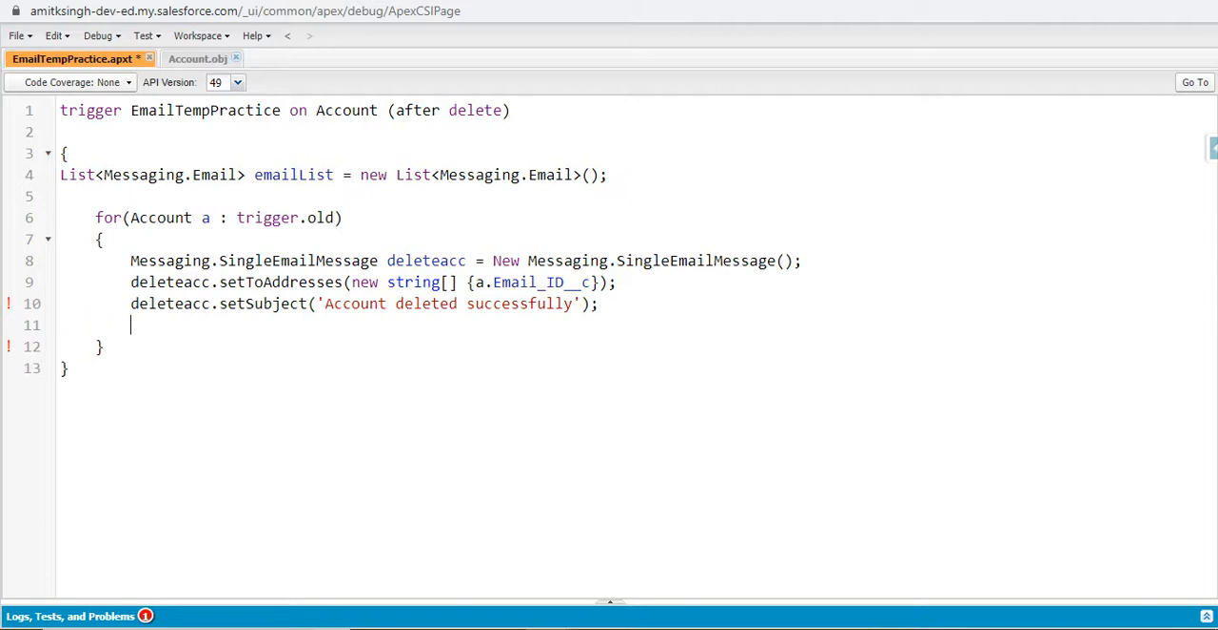So let's say body contains, body should be of type string. So string subject string body equal to, hmm, let's say dear user, your account is deleted successfully. Put a semicolon, and then after that we have to call it